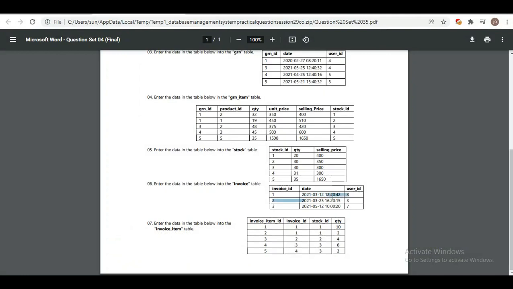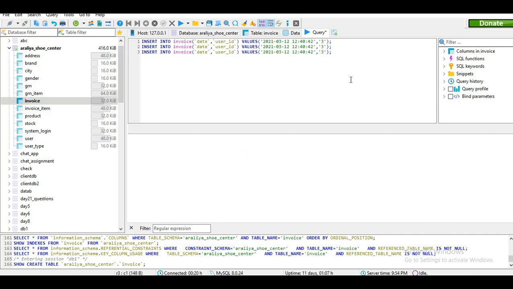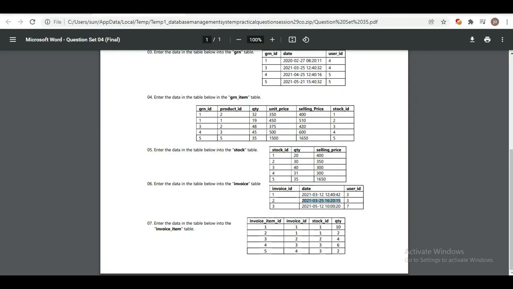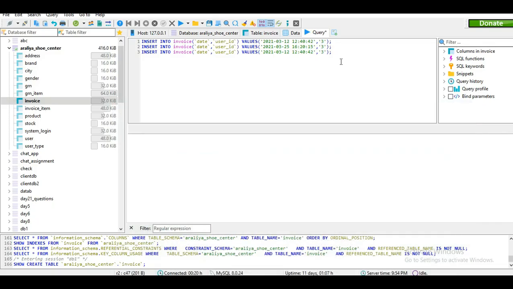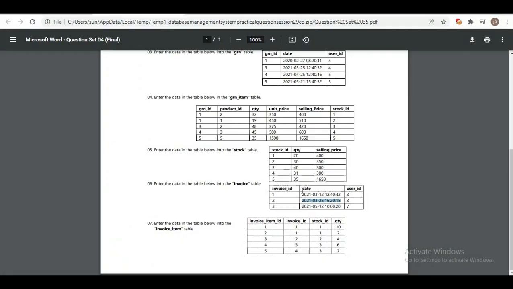So I'll just copy this date and add it here. Same with the third insert query. I'll just copy this date